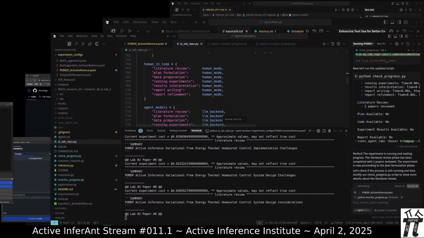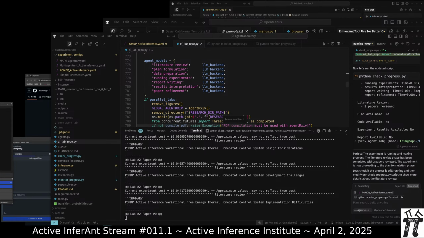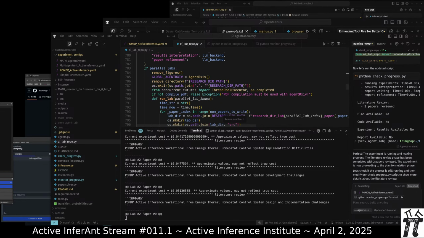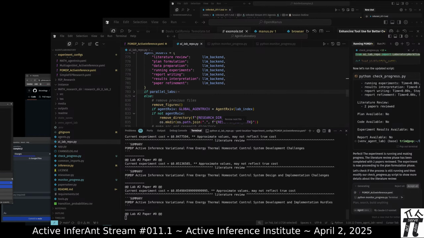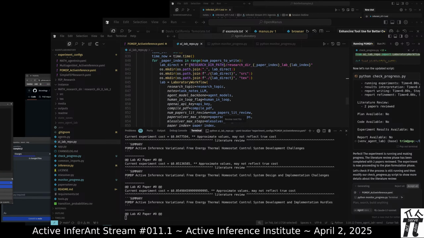Human in loop mode. Possibility for different stages to have different human in or on the loop. Agent models. Which LLM to use for different phases. Here it looks like this is a set sequence of phases. It could be specified in a ton of different ways. Parallelism instructions. Some exception clauses.